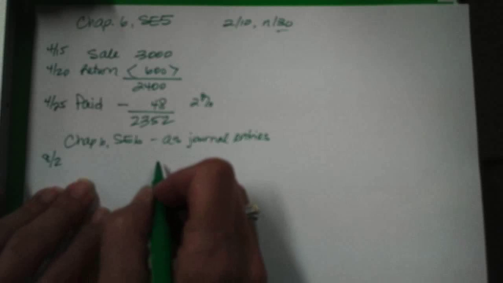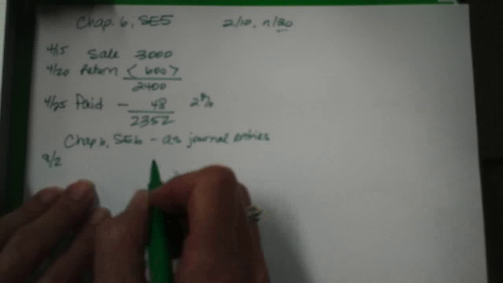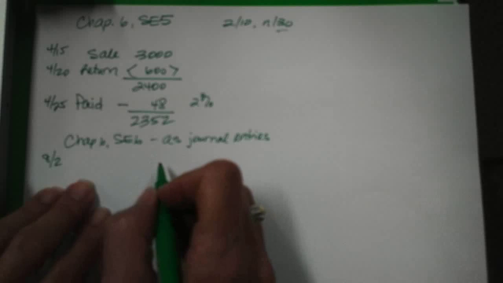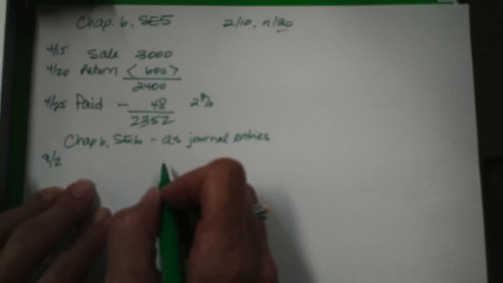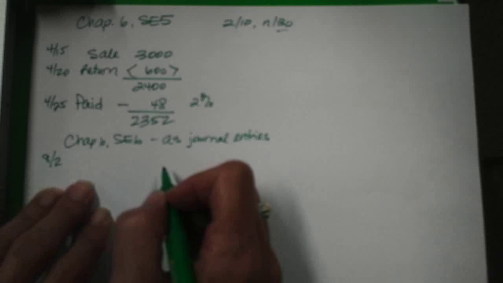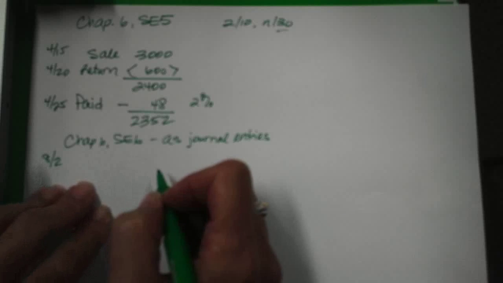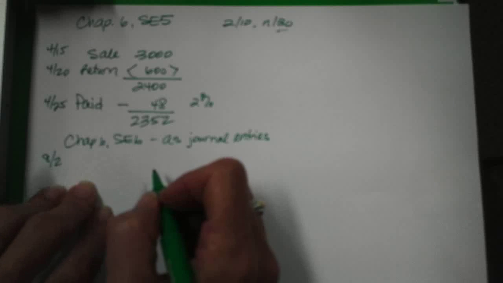As you read in the chapter, the perpetual inventory method requires that you are constantly updating inventory when you purchase things and when you make a sale. Okay, that's different than the periodic method where we just collect up all of our purchases in a temporary purchases account and we do not update inventory for purchases or sales until the end of the period,